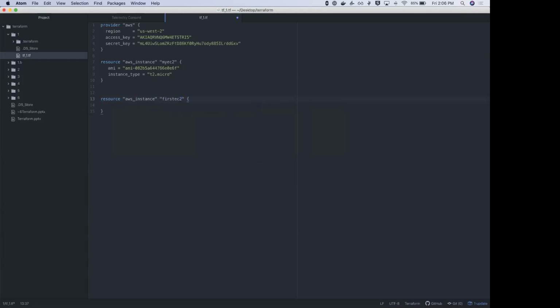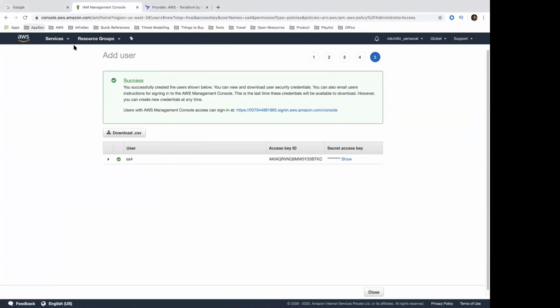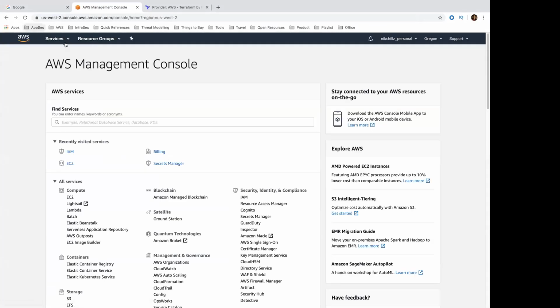Once you're done with that, you have to specify the AMI. An AMI is basically an ID that is given for every operating system that is available in AWS. Let me show you how you could actually see that AMI.